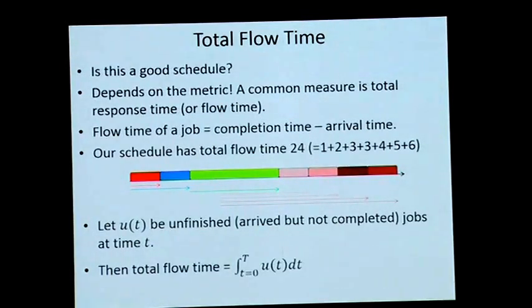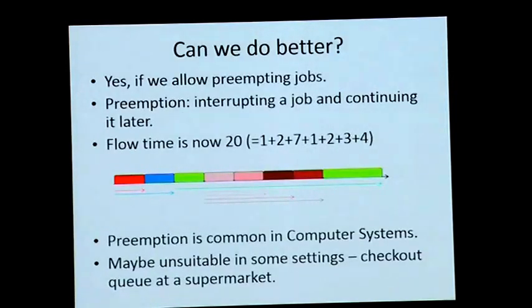Okay? Good. So I built a schedule and I said this is my measure. Now, given that this is my measure, is this the best schedule I could have built? Could I have done something better? Right? Again, we are in the world of online algorithms. We have these jobs arriving. We need to decide what to schedule. We have no knowledge of what is going to arrive. So, turns out I could have built a better schedule if you allowed jobs to be preempted. Right? If you allowed a job to be stopped and restarted.